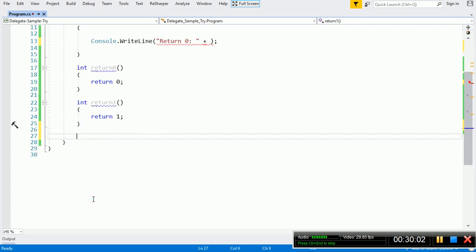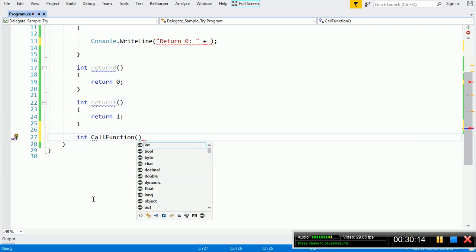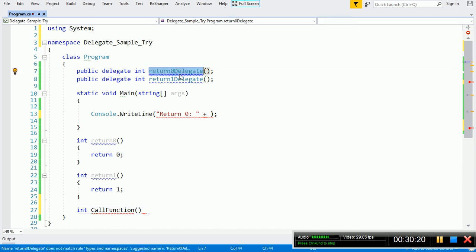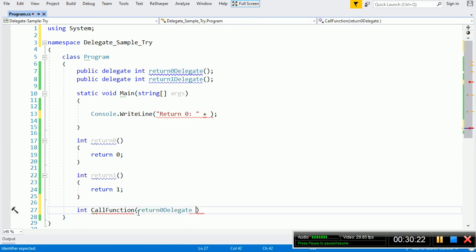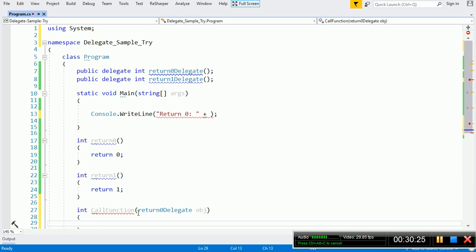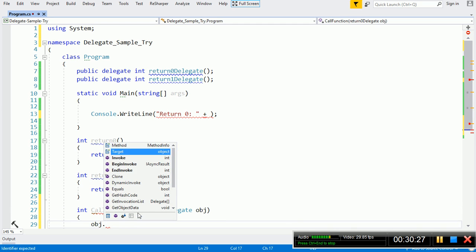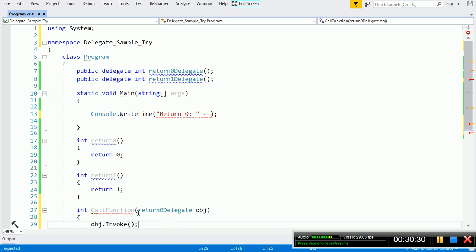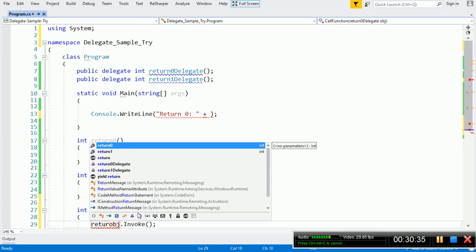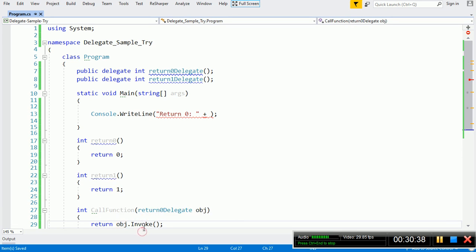For that I will keep another function called int call function, which will accept a delegate of type return 0 delegate. Object dot Invoke. It will not accept anything, so we keep Invoke empty, and then we return the result to the caller.